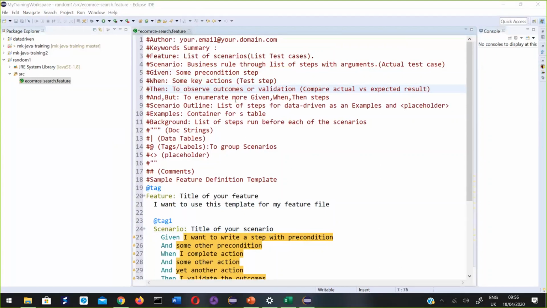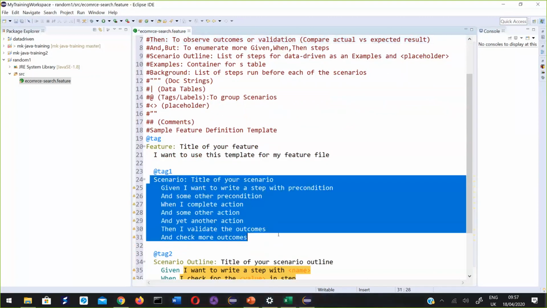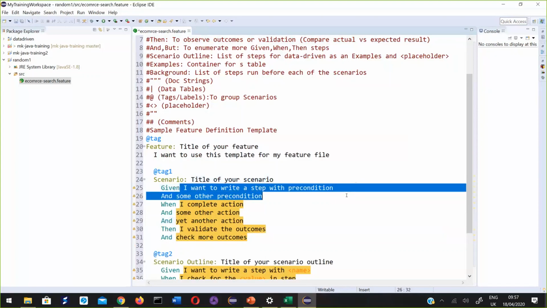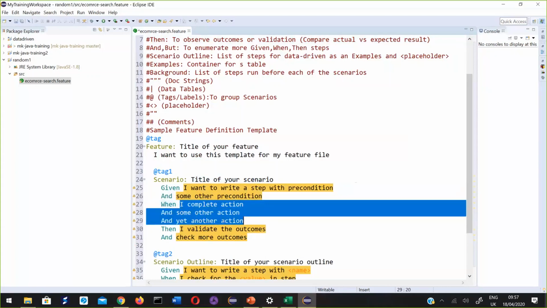Okay. So when you are writing a feature file, or a scenario inside a feature file, I told you a scenario is nothing but a test case. Every test case has preconditions, which have to be written under given. Every test case has test steps, the actual steps to be executed, which should be written under when.